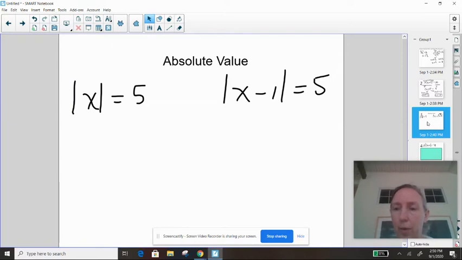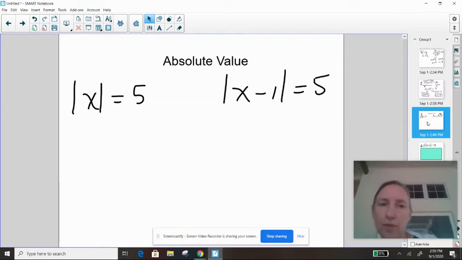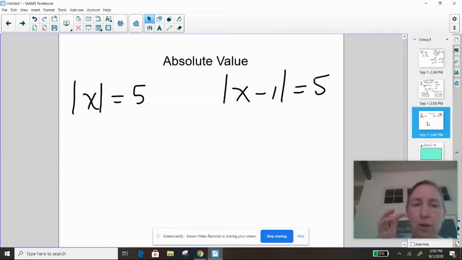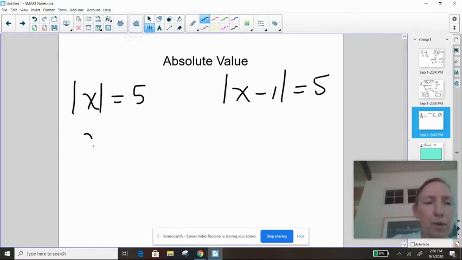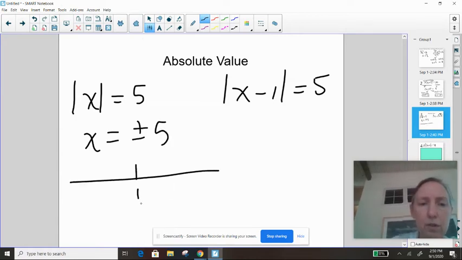The next topic we're going to do is absolute value. Hopefully you remember from last year that absolute value is describing the distance between some numbers. So the answer can never be a negative number because distance can't be negative. So just like with that squared quantity, we have, I don't know why my pen keeps disappearing. That's never happened before. You have your two solutions because the absolute value of 5, if you just think about